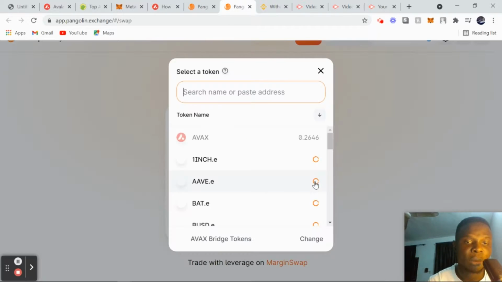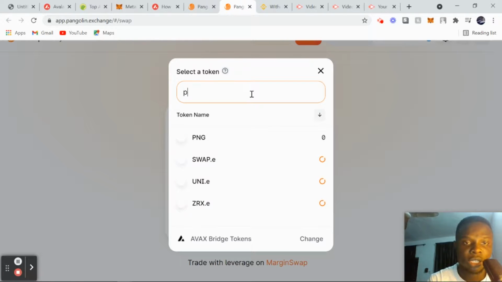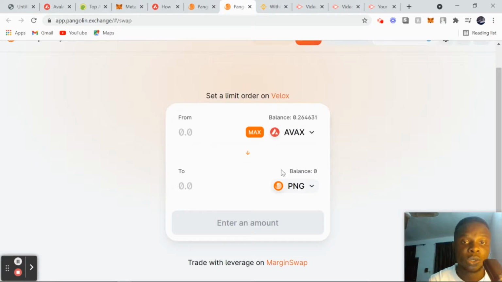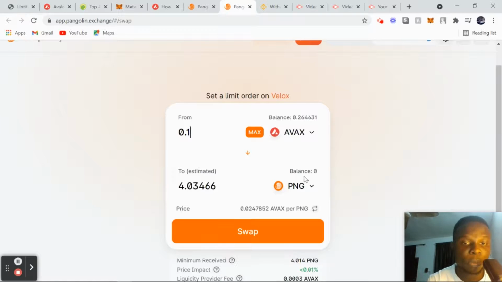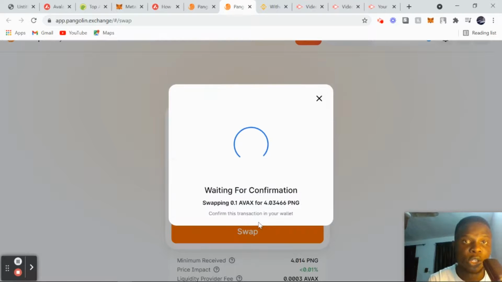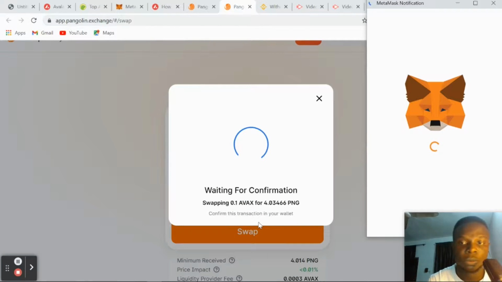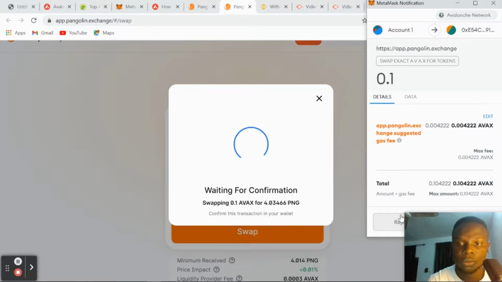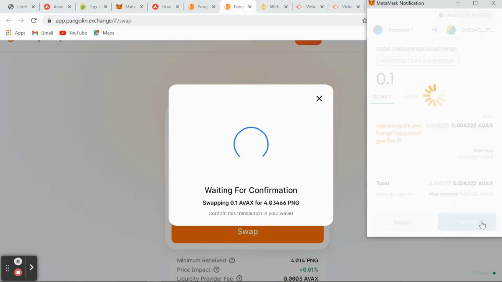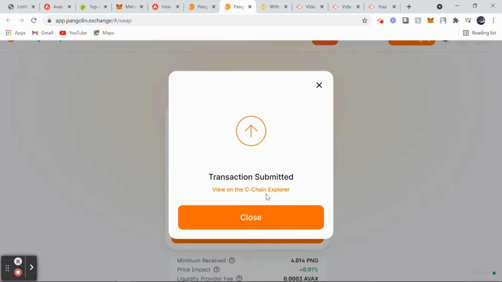Let's say, for example, I want to use Avax and swap for Pangolin, the Pangolin native token. The Pangolin native token is PNG. So I can say, let me use 0.1 Avax and swap for Pangolin. When I click on swap, I confirm the swap.